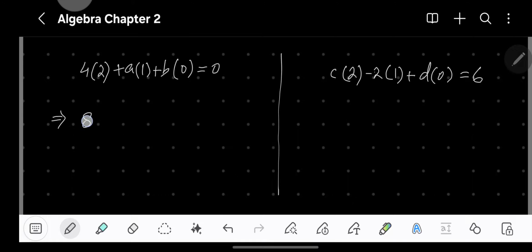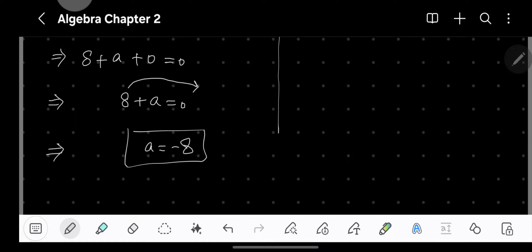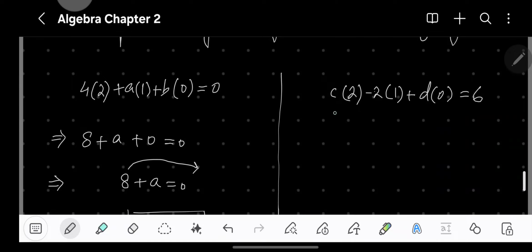Here I will get 8 plus a plus 0 is equal to 0. That means 8 plus a is 0. And if I take this 8 to this side, I will get a is equal to negative 8. So I have found the value of a. And from here,